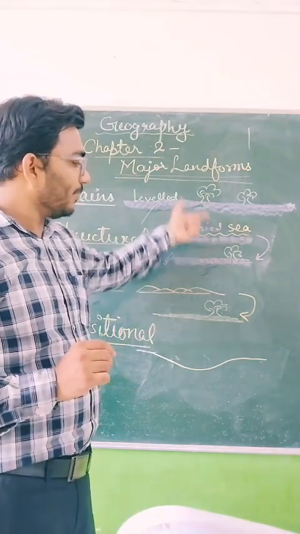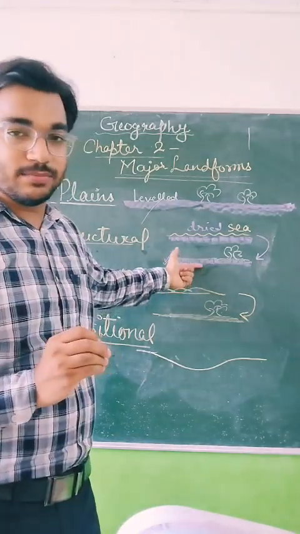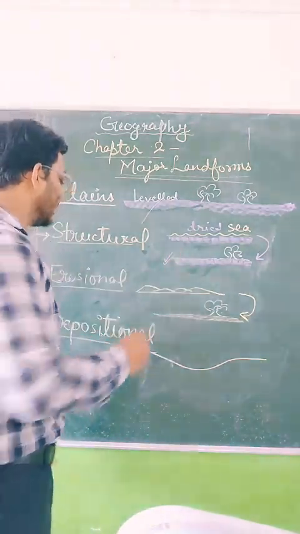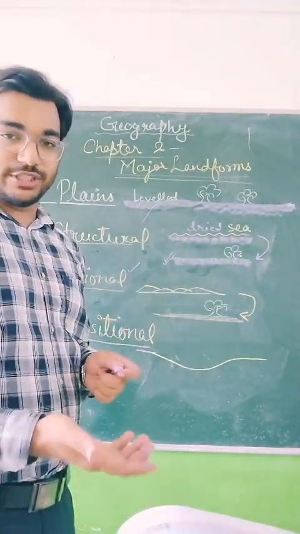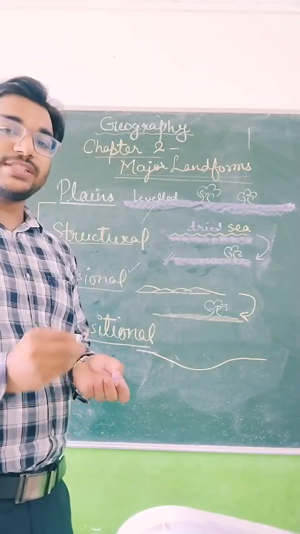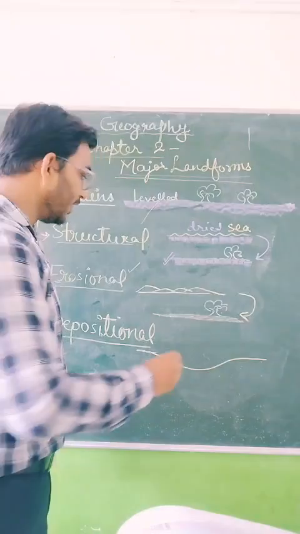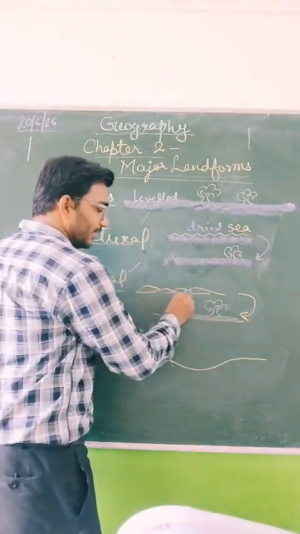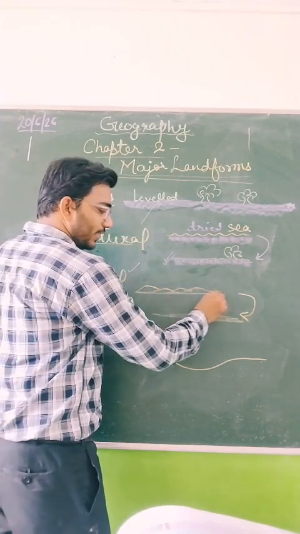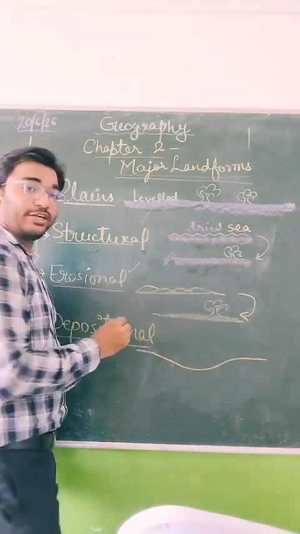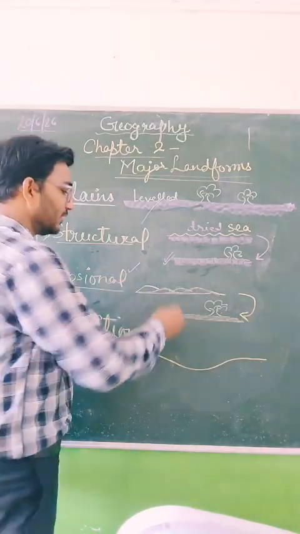It has been uplifted from the sea, and the present area that you see is simply a planar surface. Second one is erosional plain. Erosional plains are formed due to erosion. That means there would be some surface with different types of topography. Consider this is the area. This area has small hills, but due to erosion over hundreds of thousands of years,